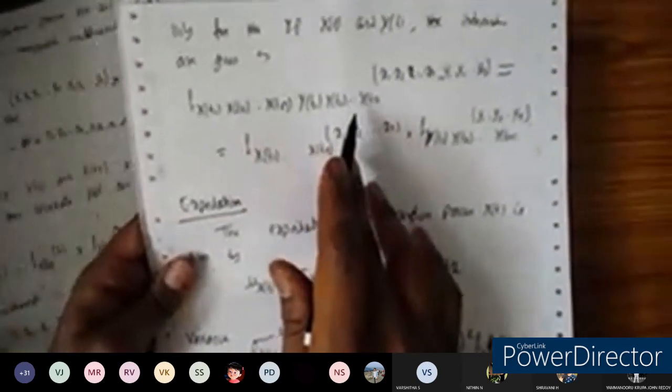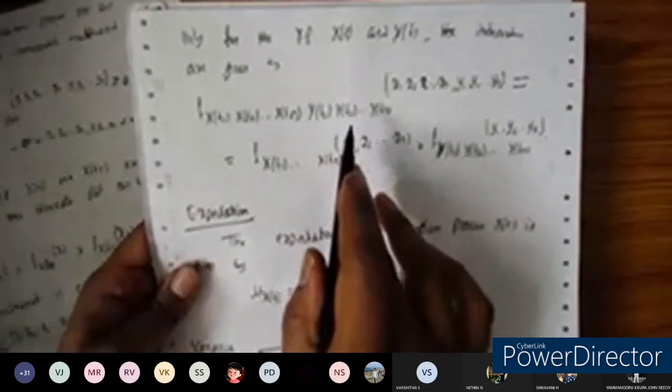Done, right? Note that I am doing three things here. One, for the single random process as a general function x of t, I am defining the expectation. Next, for the bivariate random process, I am defining it here. Next, I will define the expectation for the joint random process. The same topic I am repeating for three concepts: single, bivariate, and joint random process. Single is a function of t only. Bivariate is a function of t1 and t2. Joint is a function of x of t and y of t.